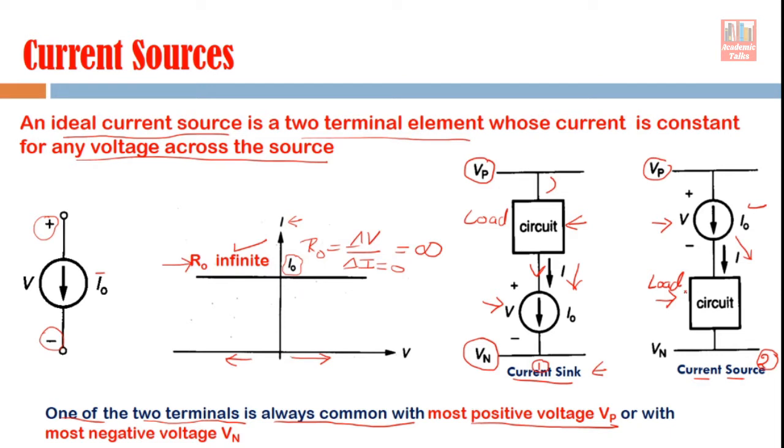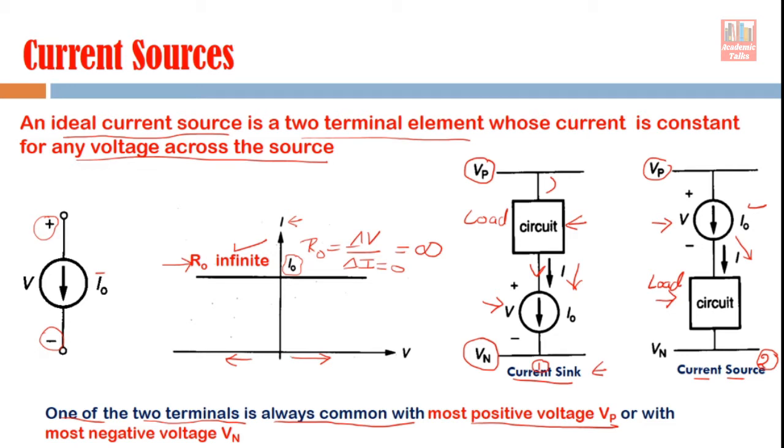But most of the time, when we use this kind of circuit as a part of bigger systems, we will call it a current source only. We will not use current sink or current source as separate terms. We will use a single term, current source, and that term is valid for both configurations.